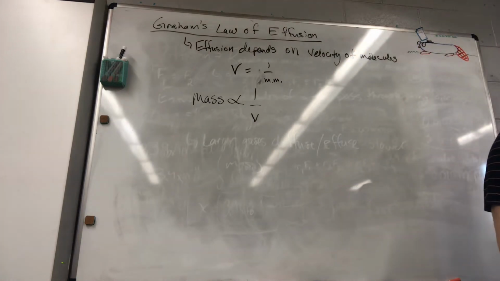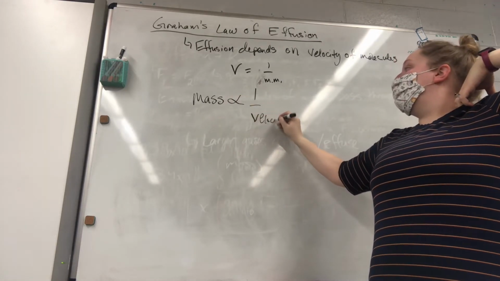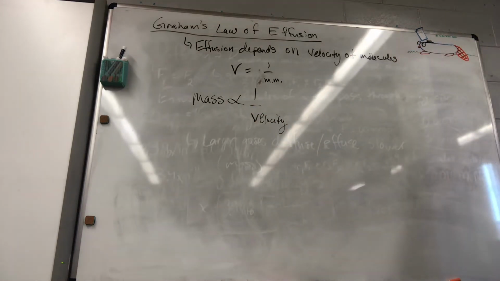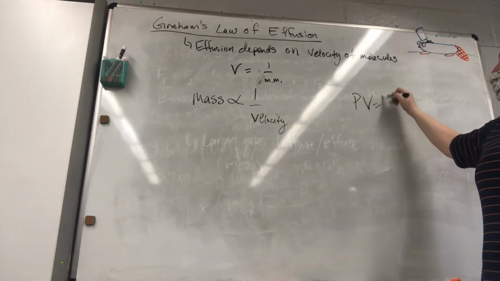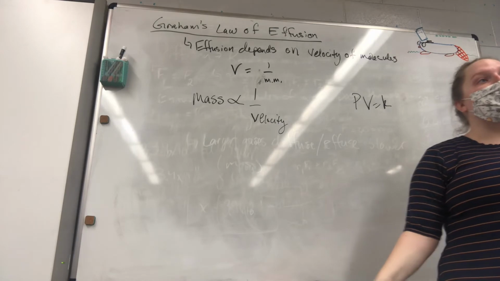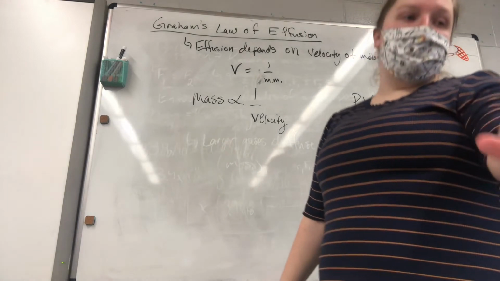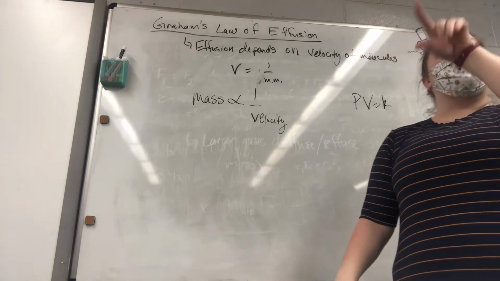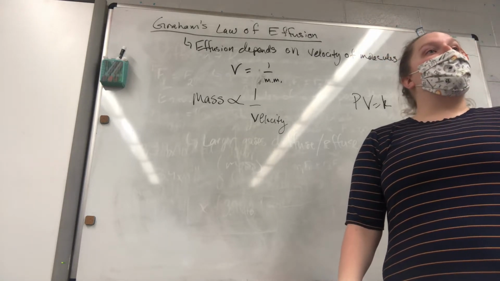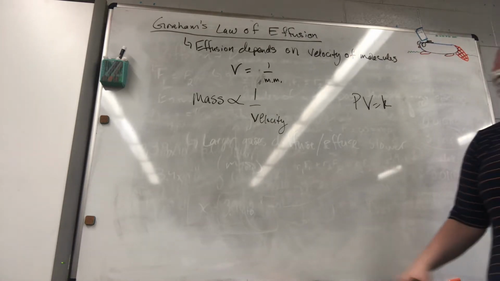velocity. That's essentially what it means in mathematical terms. This term means proportional to. We used a different method when we talked about gases and the laws of gases, like Boyle's law. Instead of writing something along these lines, we wrote something like that, just to indicate that there's this constant or this proportionality that we could actually mathematically determine. Okay? I will remind you that velocity of a particle is directly related to its kinetic energy, right? So how fast it's going to move is dependent on how massive it is and at what temperature we typically find it.